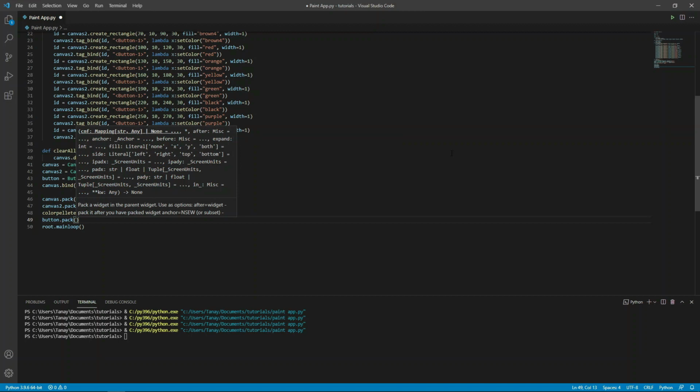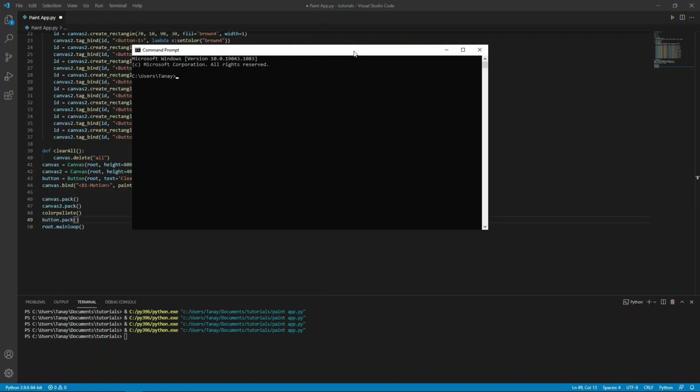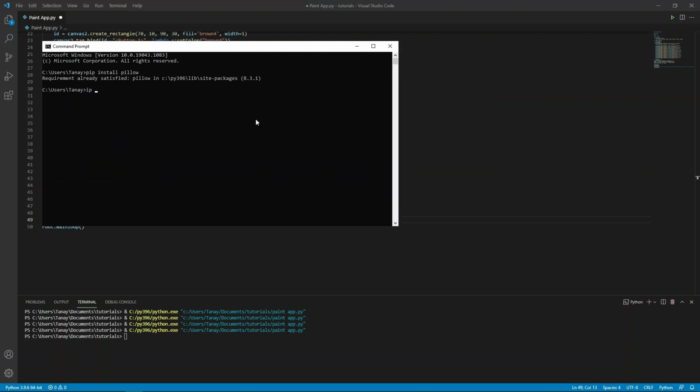Now we have to install two libraries, Pillow and Pywin32. To install them, open cmd and type pip install Pillow. Once it is done, install the other one. Pip install Pywin32.